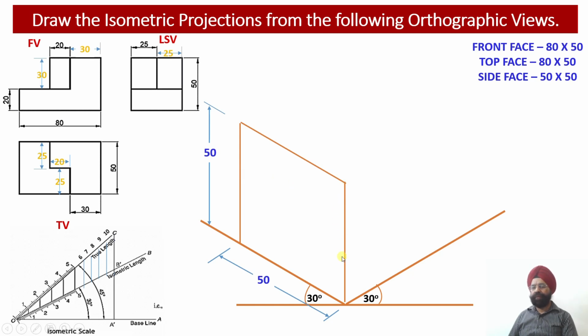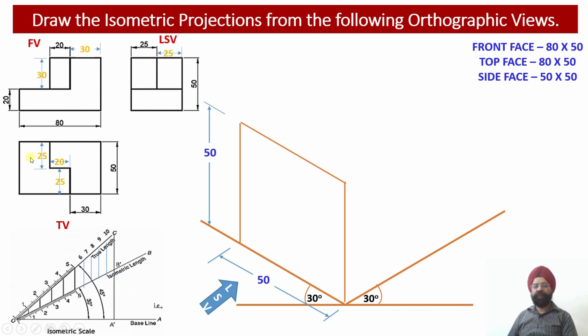So this is the height of the solid. Please check. Along the y-axis we have marked the height, and along the x-axis we have marked the width of the solid. So this is the face which corresponds to the left side view. So we have marked left side view over here. Now if this face is the left side view, then this face will be the other view, which is the front